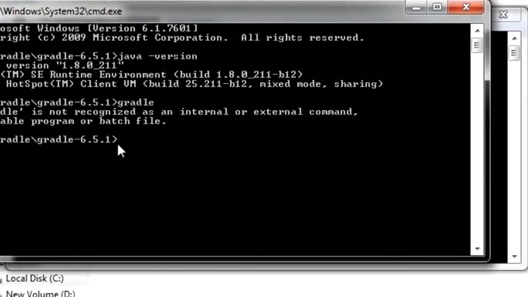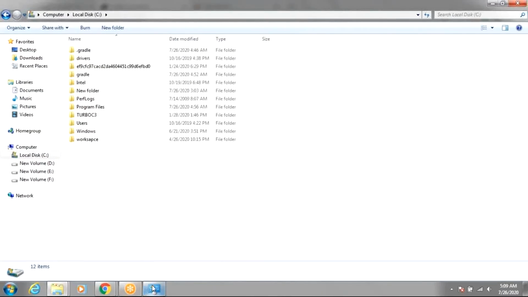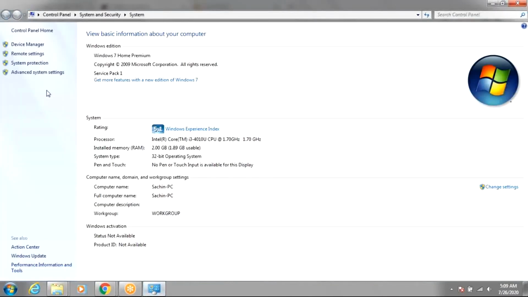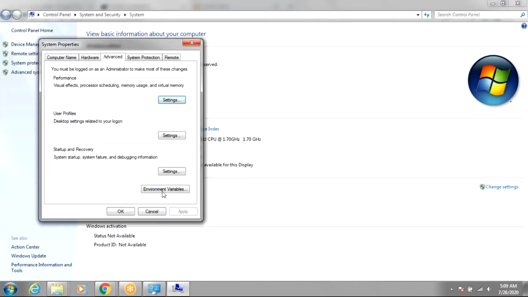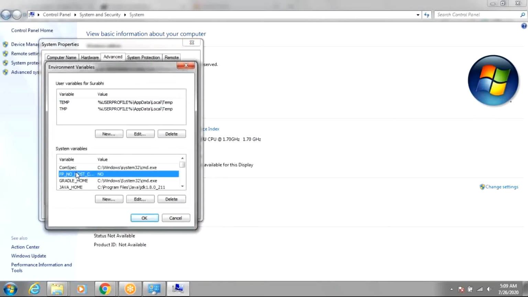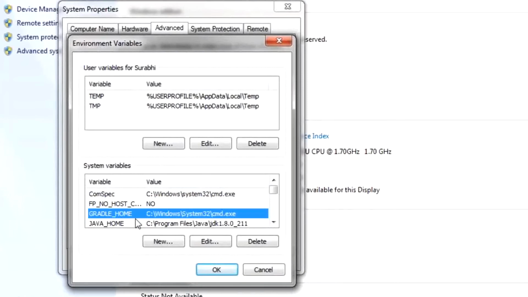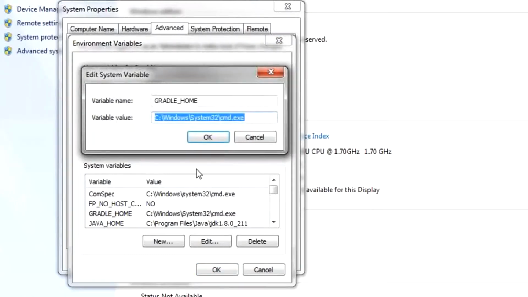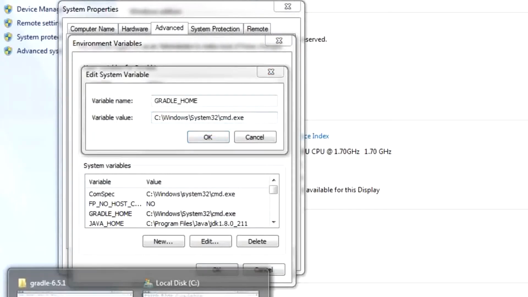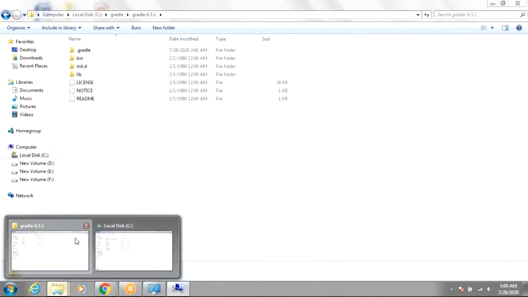Let me check. Let me verify the advanced settings, environment variable, GRADLE_HOME. I have given the wrong folder path. That is the reason I am not getting a response.